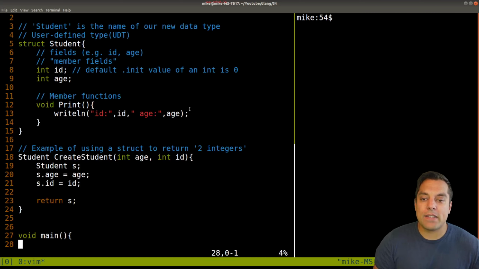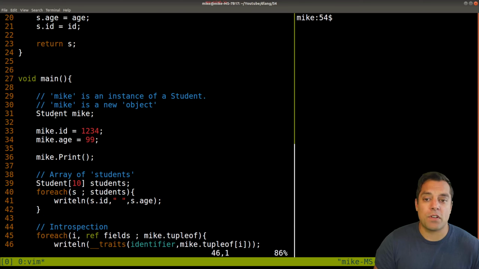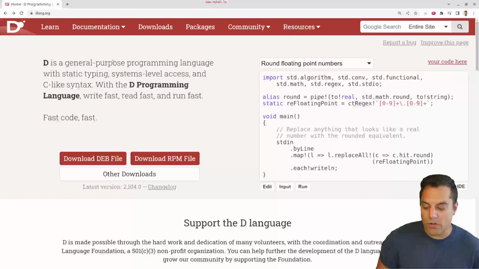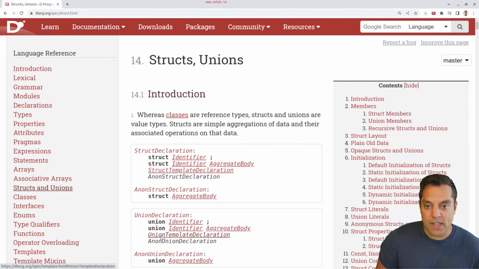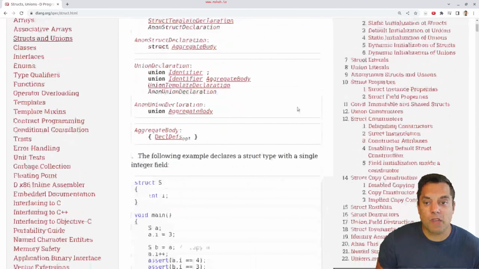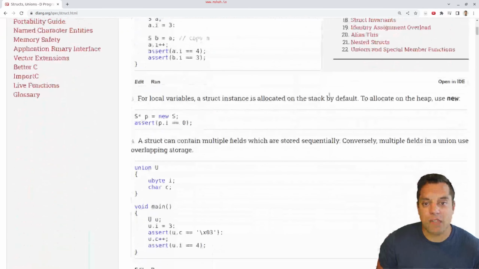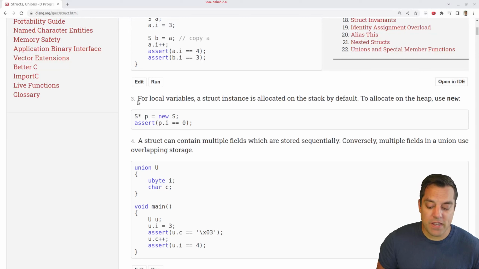But what I want to say here is there's something important about this struct. This is one of the important things to keep in mind with structs in the D programming language. So let me bring us to our favorite website, dlang.org, and we'll go to the language reference, and I'm going to go to structs and unions. I'll scroll down a little bit just so you can see how structs operate. And the first important distinction that I want you to know about structs is that for local variables,